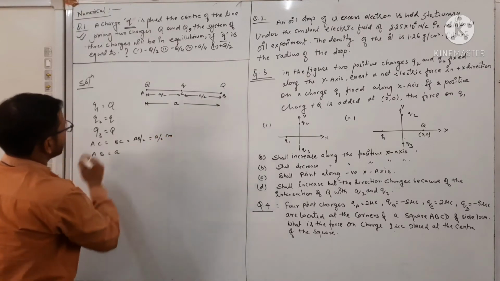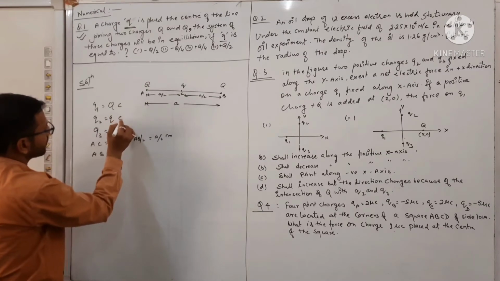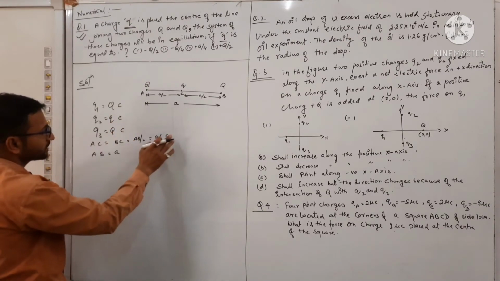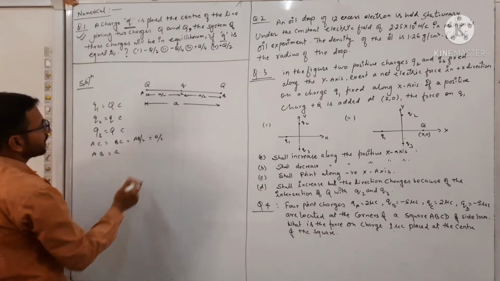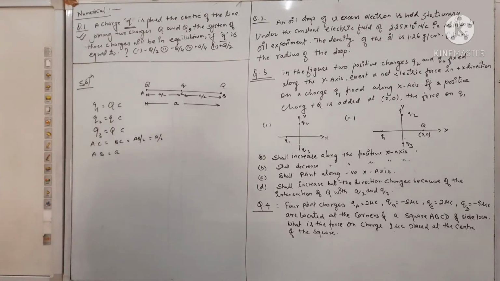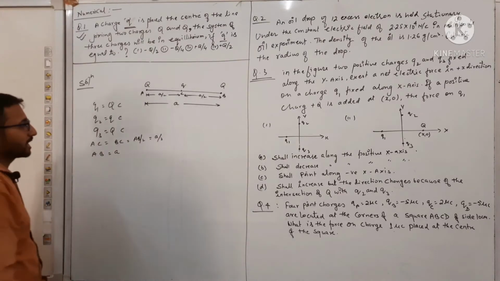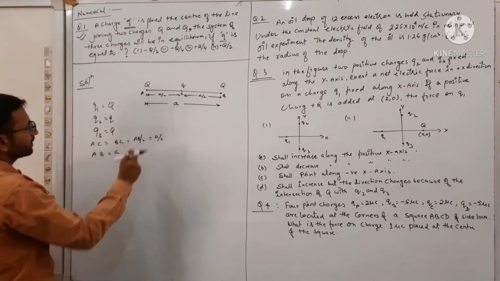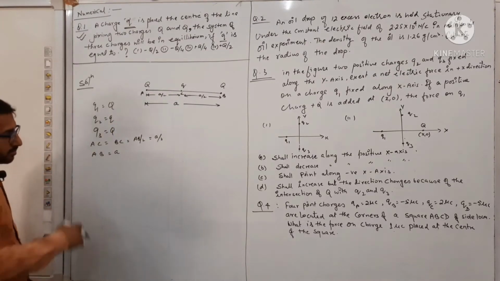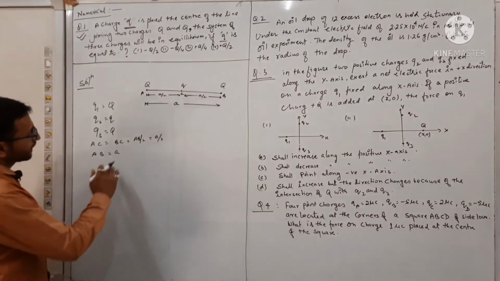Clear? The distance here I consider in centimeter and these charges in coulomb. If you want to write this distance in meter, you can. Otherwise, in this question, without writing the SI unit, we can easily calculate the value here. So no need to write, because this is a point to point or symbolic question.